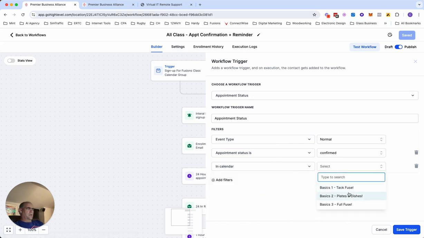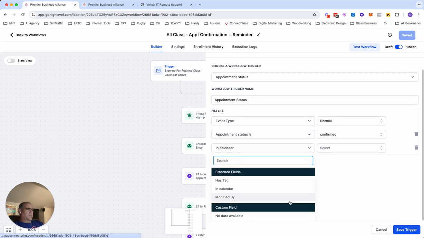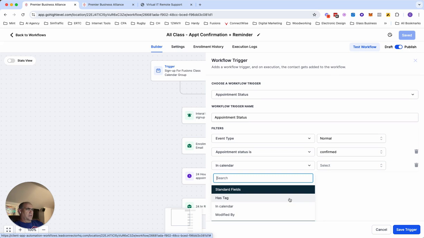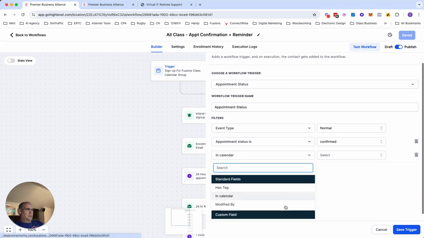I specifically picked one of these three calendars here. So I was adding a third one, and I was just going to add another trigger up there, one per class. But what I found was that you could actually speed this whole thing up. Actually, not speed it up, but rather if we do,